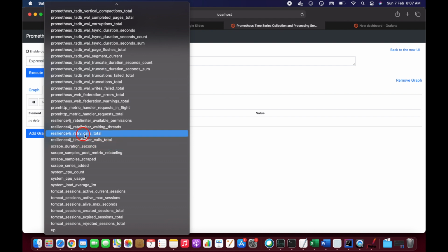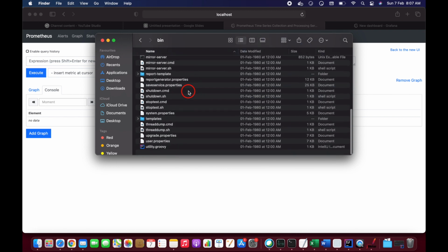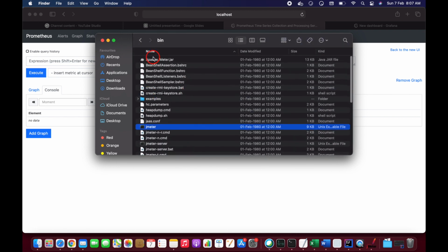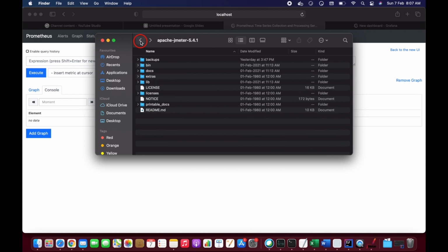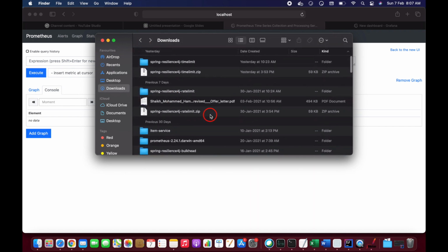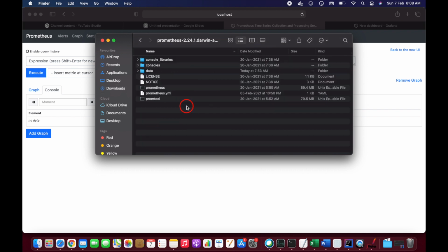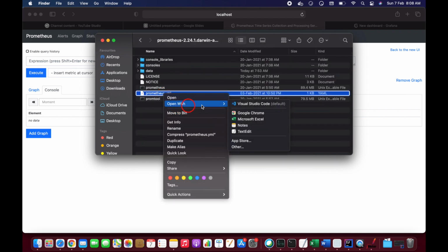So how we will get this resilience4j related metrics is, you can just open your Prometheus, so let me show you that, guys. So this is Prometheus, right? Once you install Prometheus in your system, you can just open this, and here you will find the prometheus.yml file.